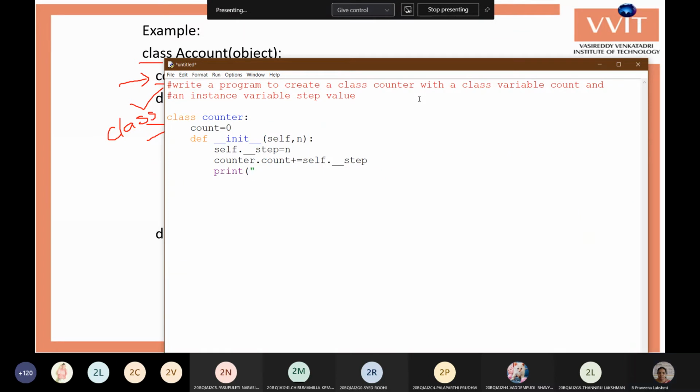Print the count, and it will display the step value, dot two underscore symbols step.